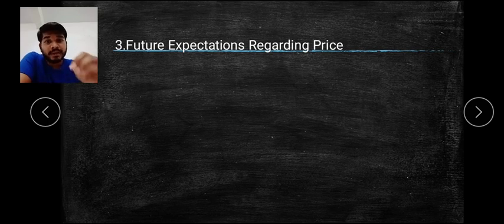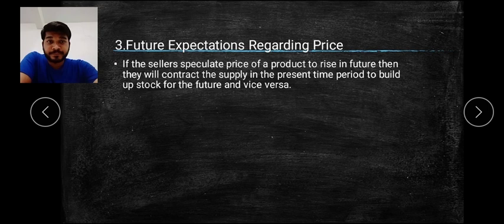Same way here, if in future the seller also thinks that the prices for my product are going to increase or decrease, then on the basis of that he tries to adjust supply. Suppose a seller feels that in future my product prices are going to increase, what will happen? He will stop the supply, or he will lessen the supply in the present, and he will wait for the time when the price is increasing, and at that time he will supply more, because अभी उसने सप्लाई